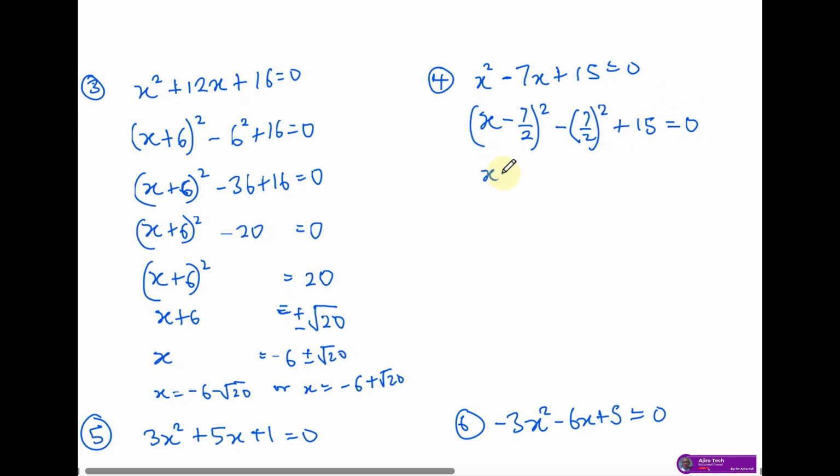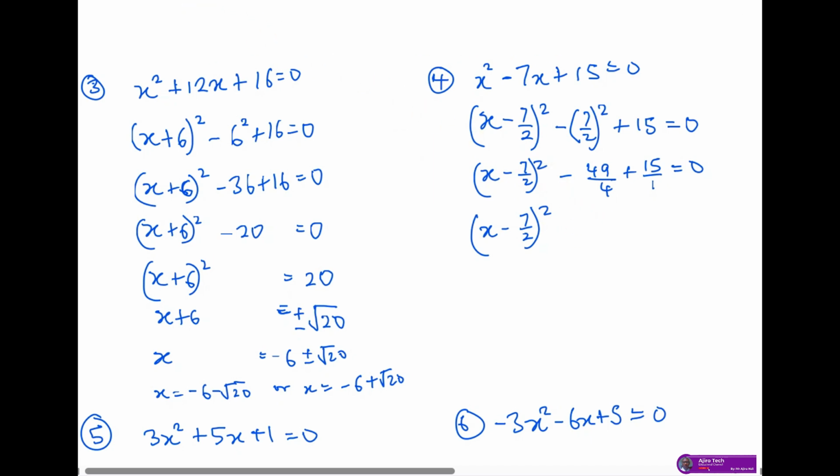Now, x minus 7 over 2 squared, minus square of 7 is 49, square of 2 is 4, plus this 15 over 1. x minus 7 over 2 squared, minus 49 over 4,